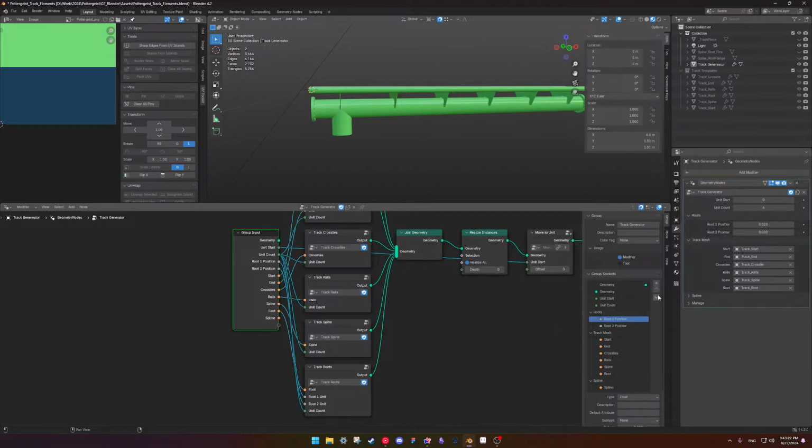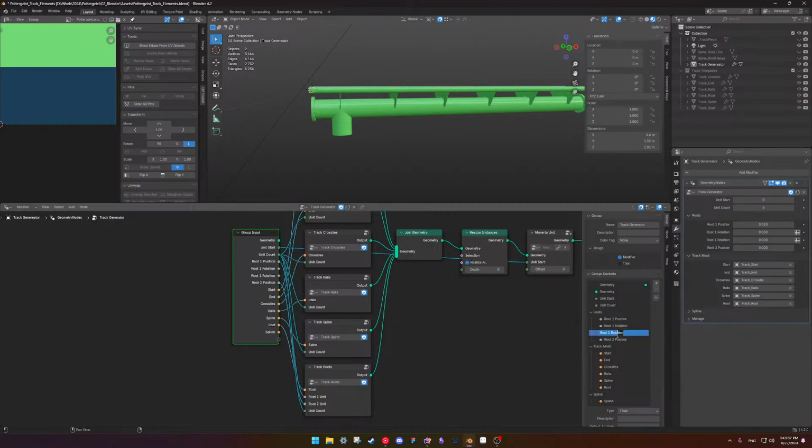Yeah. Okay, yeah. Duplicate. Rotation. Whoops. Rotation. Duplicate and length.